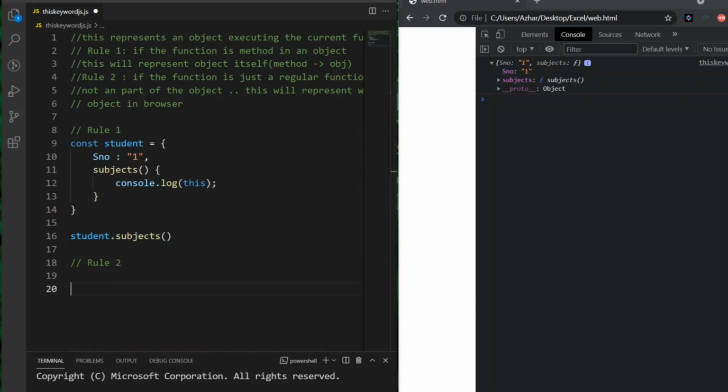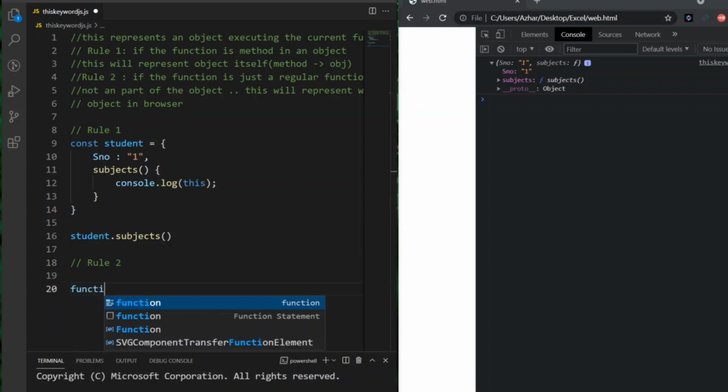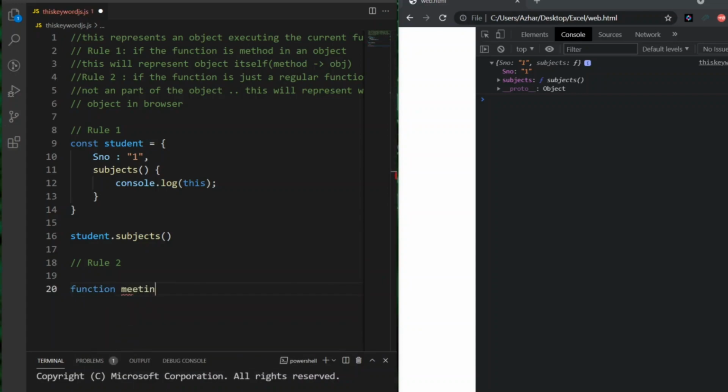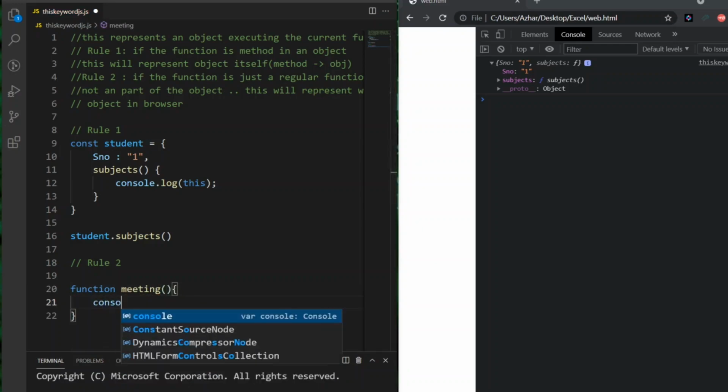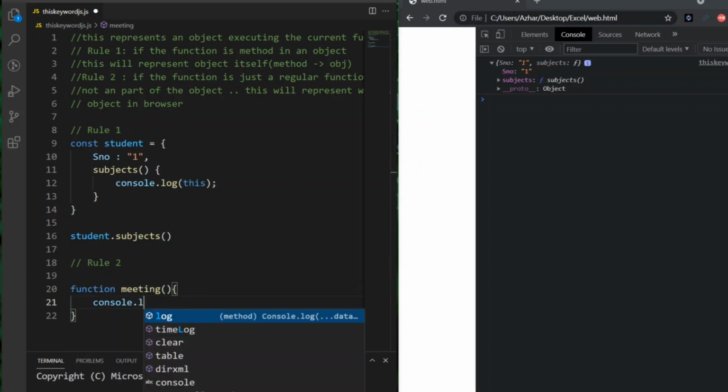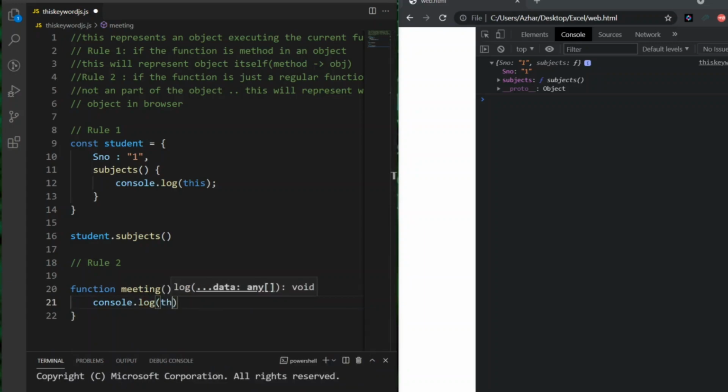So what is a regular function? If I just write function meeting, open bracket, close bracket, and write console.log of this, this will give me the window object.